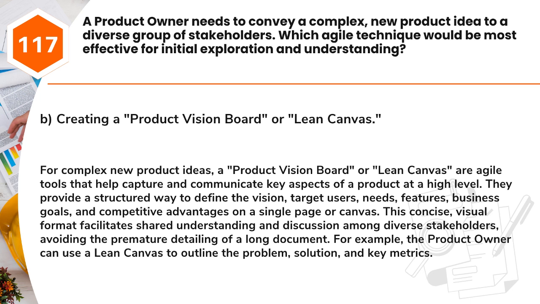Answer: B. Creating a product vision board or lean canvas. For complex new product ideas, a product vision board or lean canvas are agile tools that help capture and communicate key aspects of a product at a high level. They provide a structured way to define the vision, target users, needs, features, business goals, and competitive advantages on a single page or canvas. This concise, visual format facilitates shared understanding and discussion among diverse stakeholders, avoiding the premature detailing